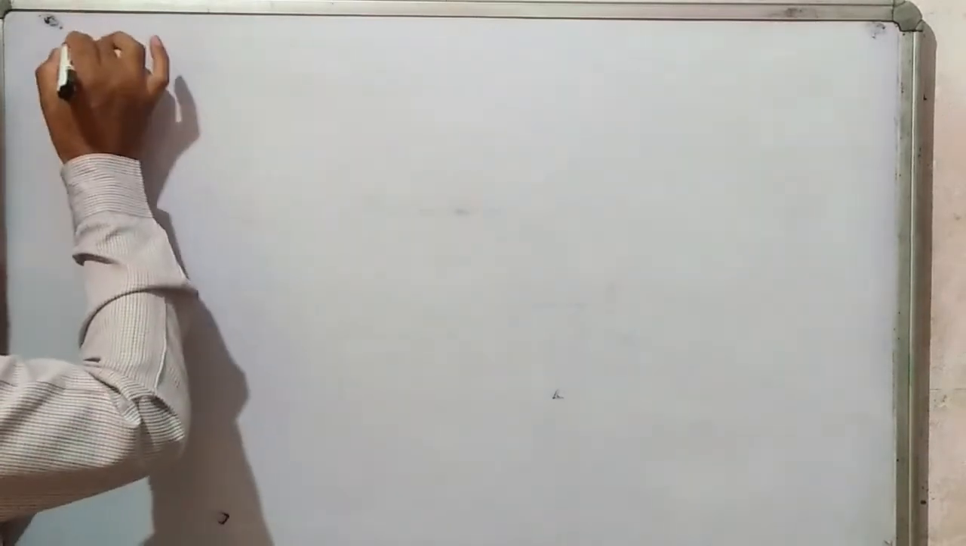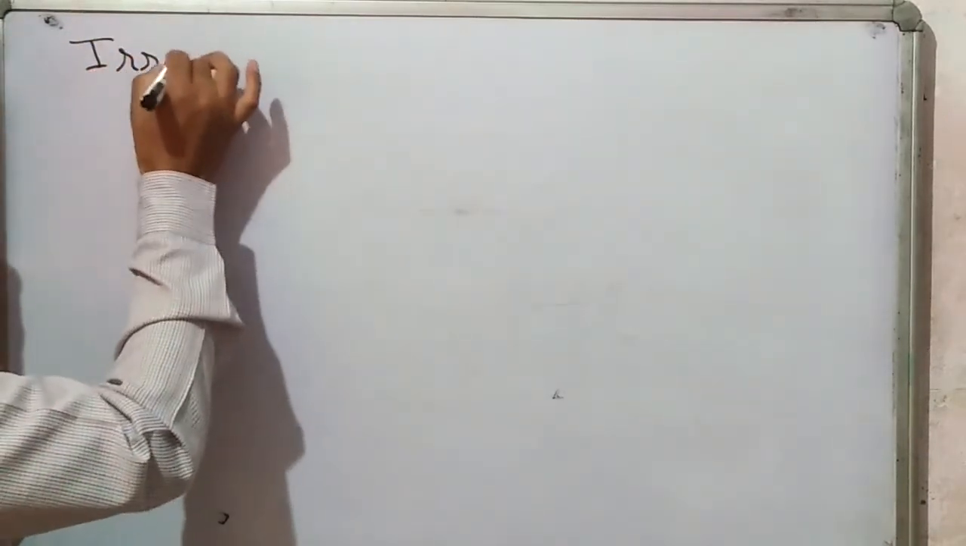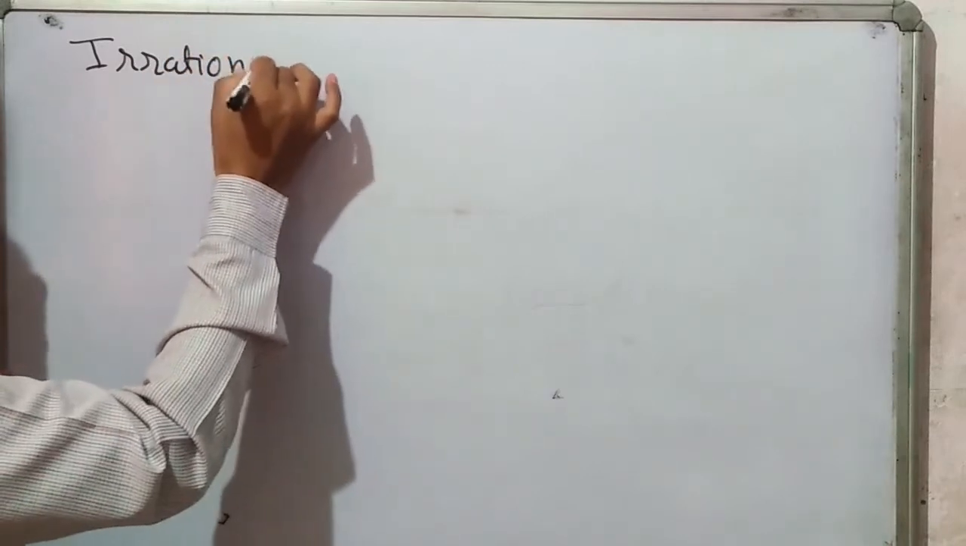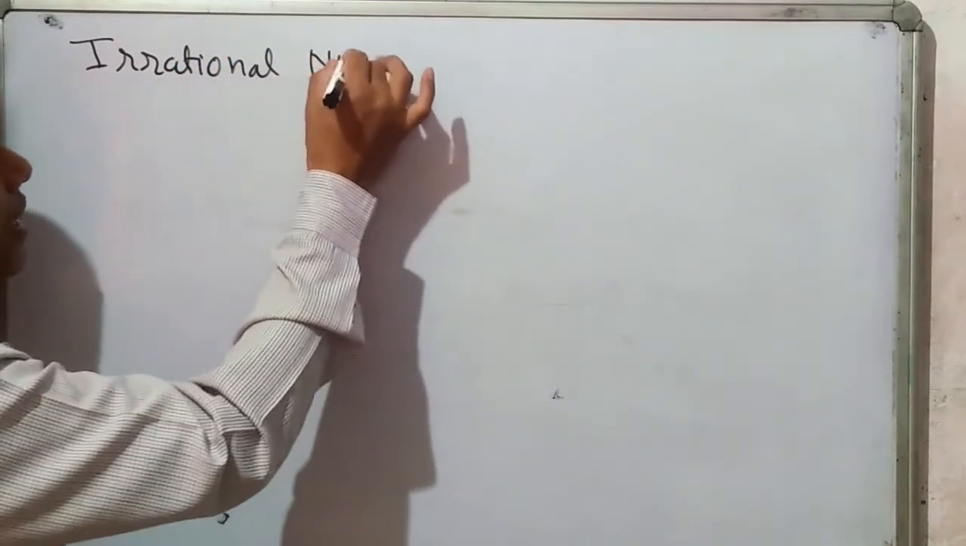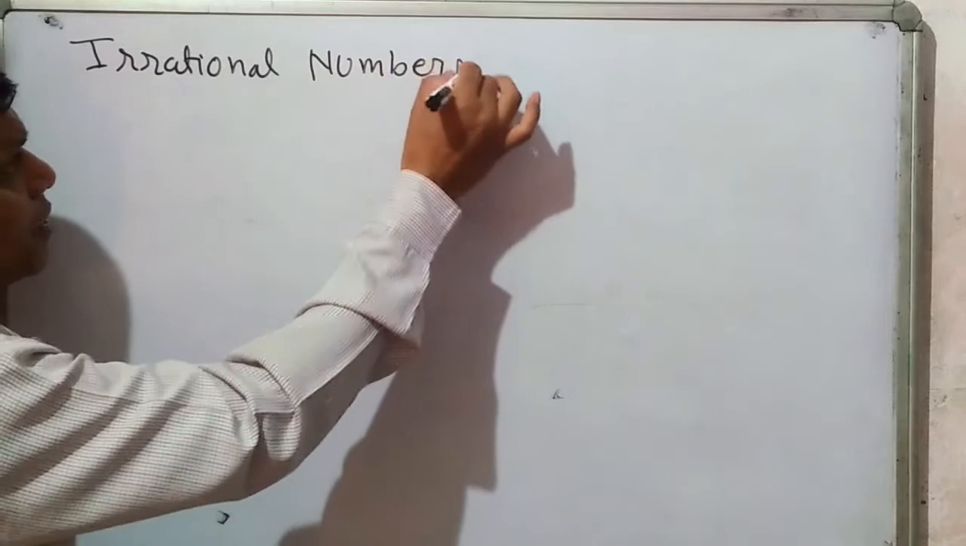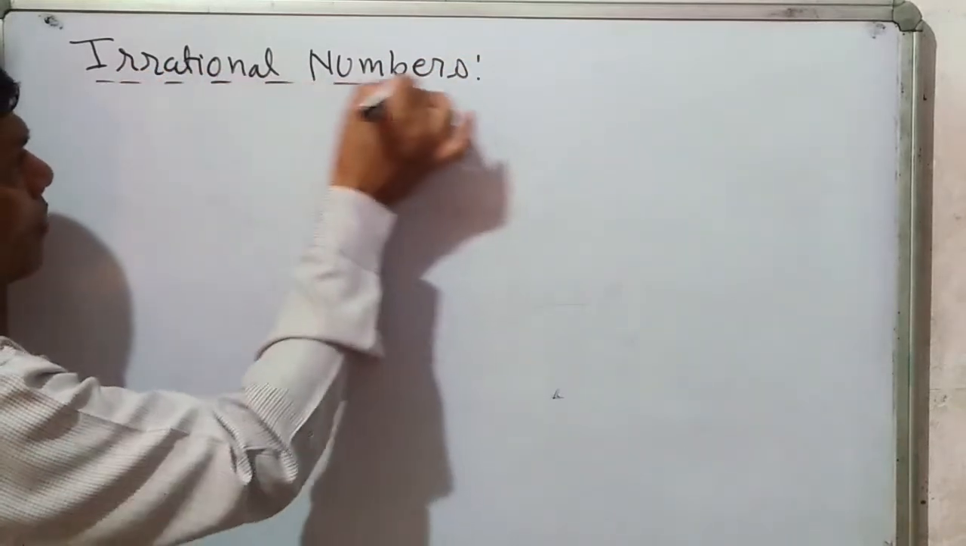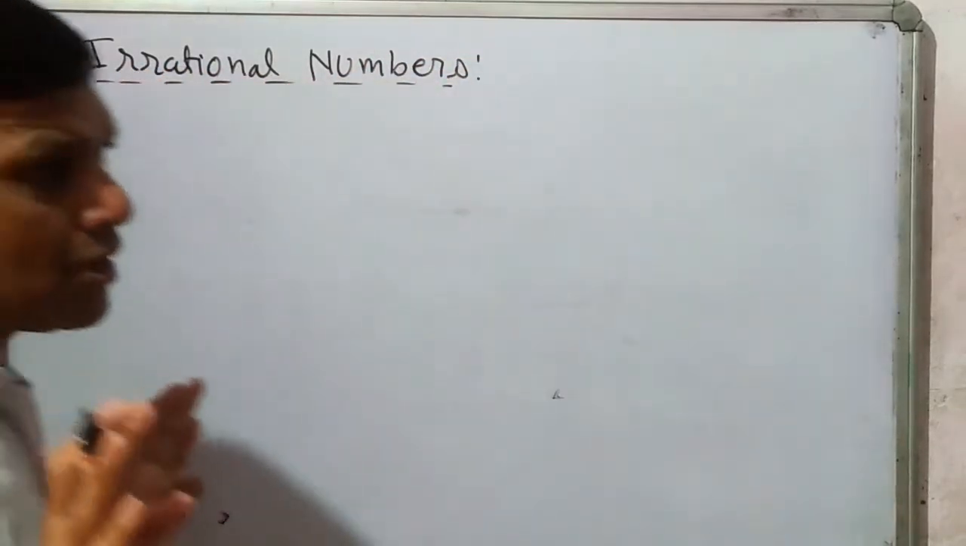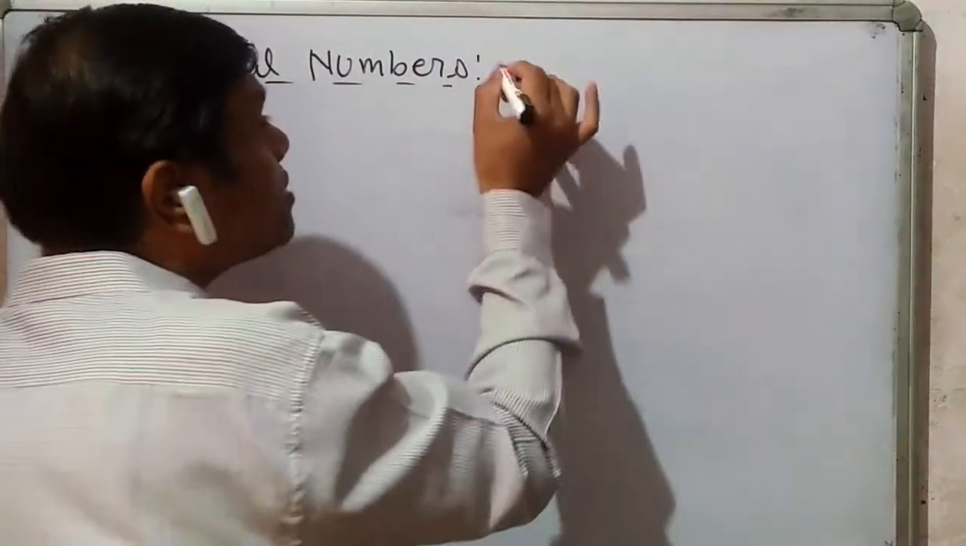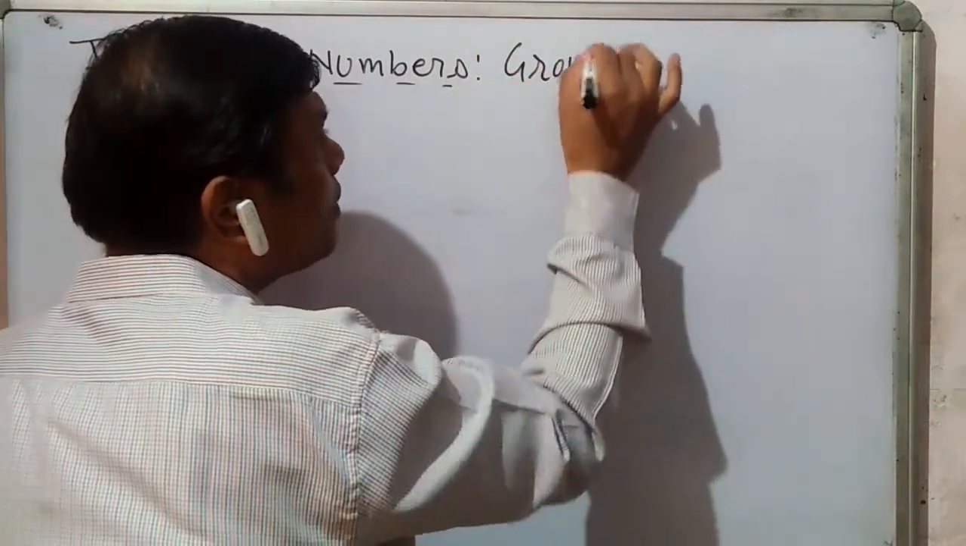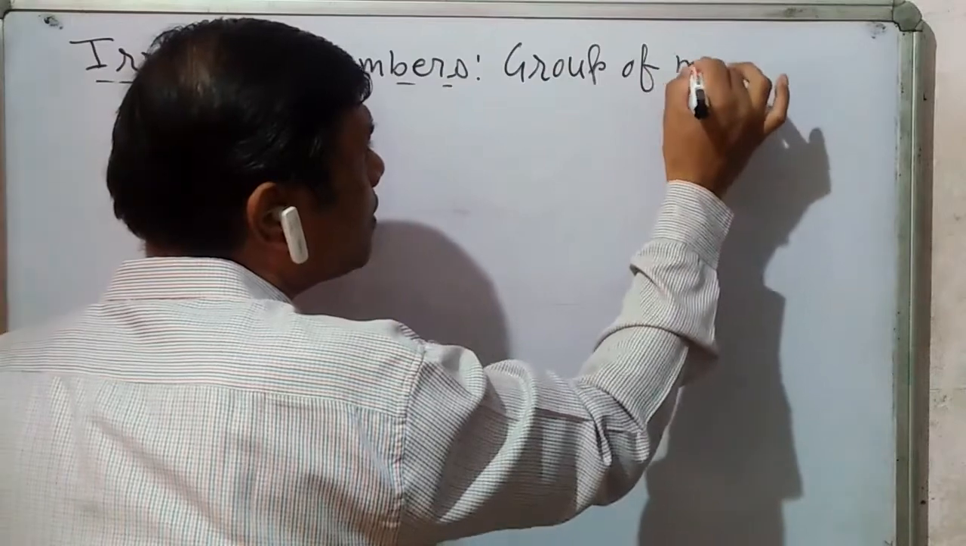Students, apart from natural numbers, whole numbers, integers and rational numbers, we have another group of numbers which we have to understand in this class, which are irrational numbers. Now, what are these irrational numbers? These are actually the group of numbers